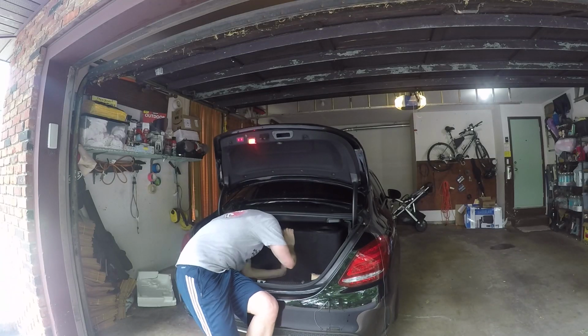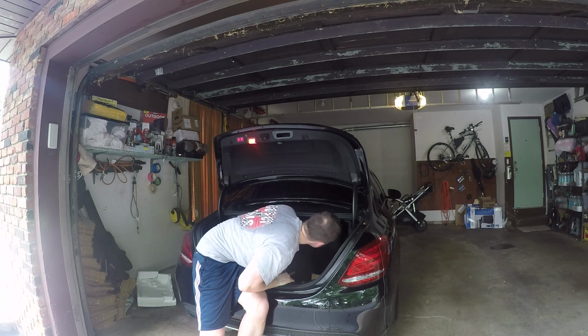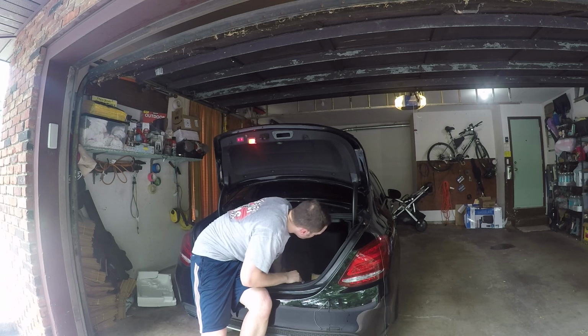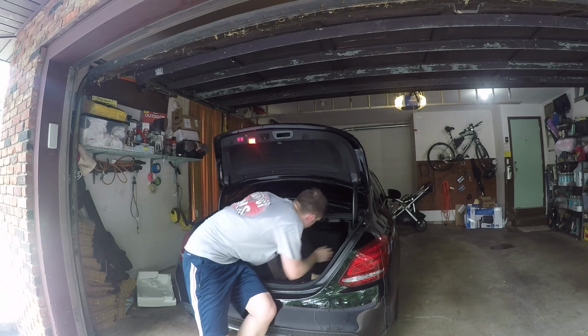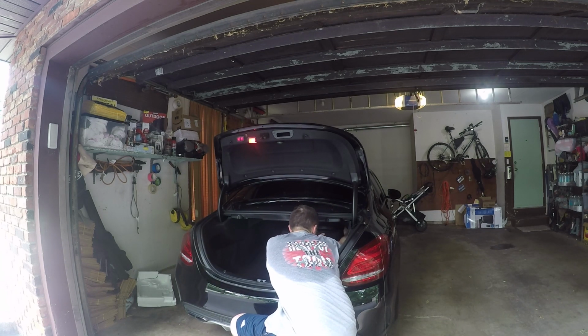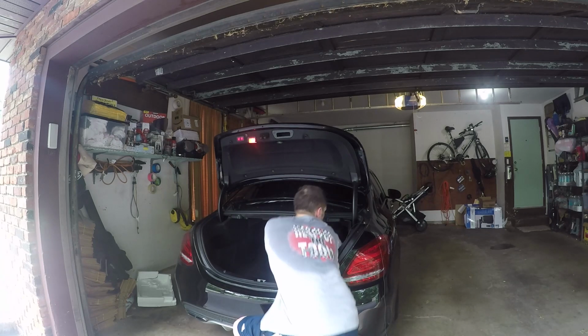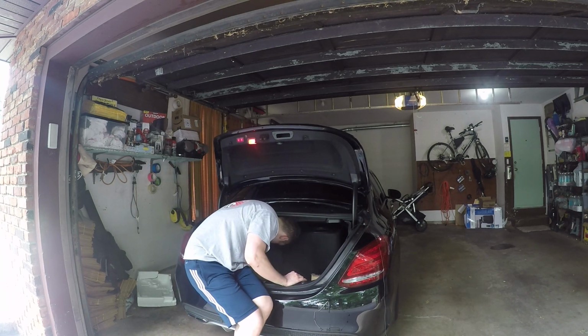All right, and we are in. Up against that wall firmly, which is exactly how I wanted it to go. And it's looking good. So, anyways, let me just hide this speaker wire. Don't want that visible. Looks kind of ugly, but anyways, we'll leave it there for now. Let's go back and